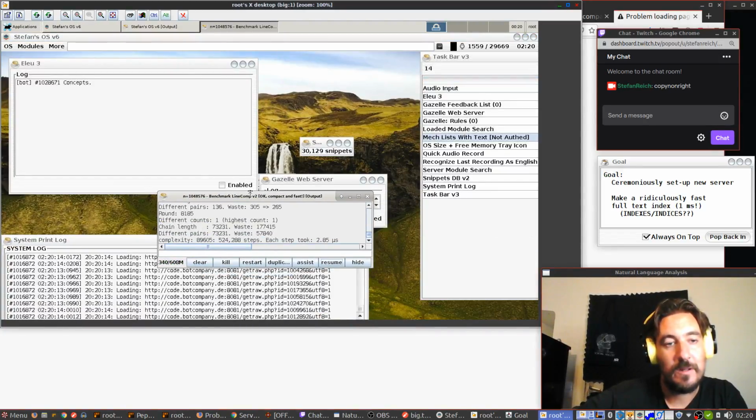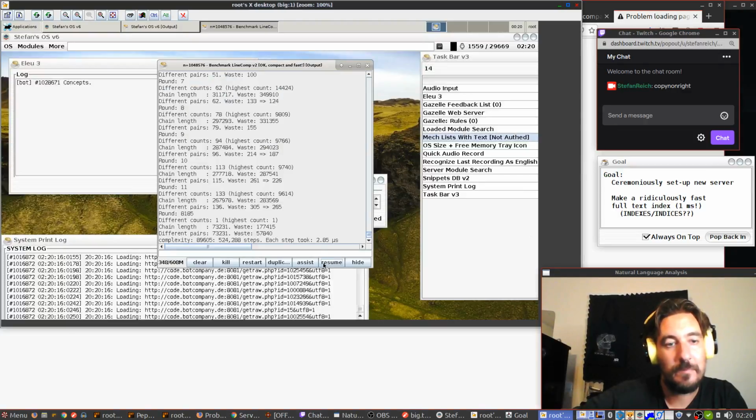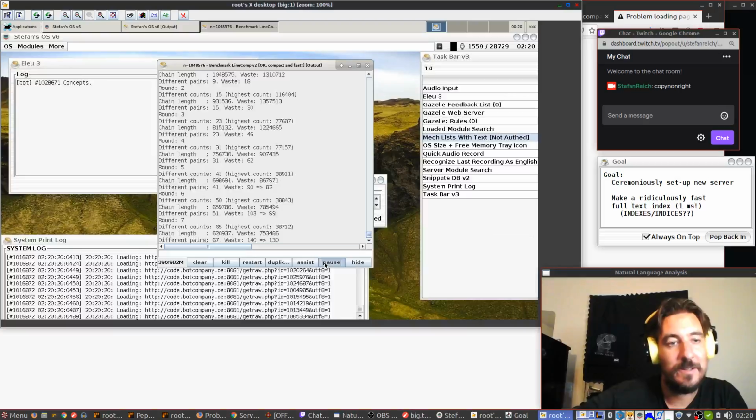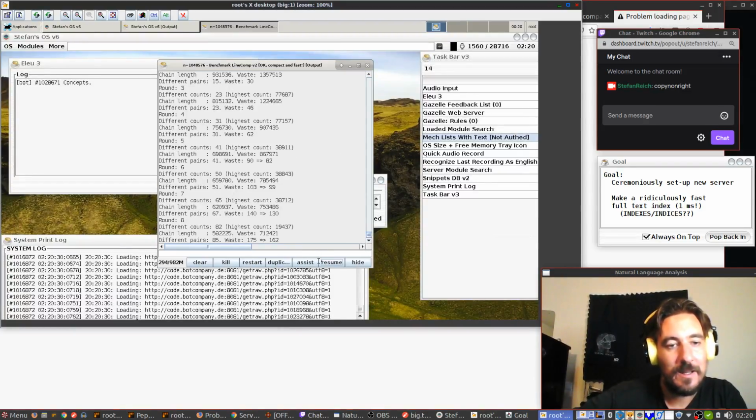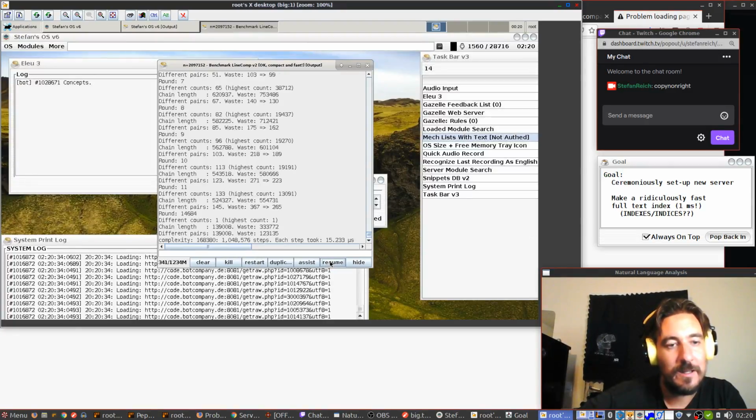It's not showing the size of the input very well. It's kind of stupid. And it's so fast that you can't follow it. That's why it's confusing me. It's much faster than on the last machine I tested, I think. Okay, 1 million. And now it's compressing. Yeah, this is the result.